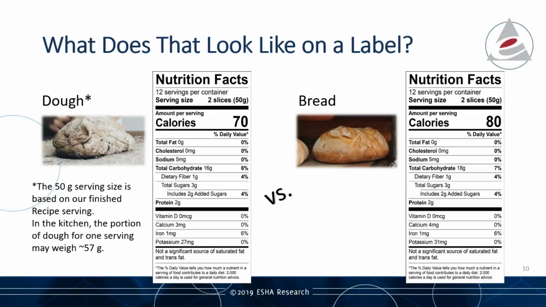Once we apply the moisture adjustment, notice that the serving size on the label on the right is the same, because in this example we set the serving size at a determined weight, but the nutrient content shifts. So it's common to see an increase in nutrients. It gets condensed, and you can see here calories and carbohydrates have increased noticeably, which makes sense for a product